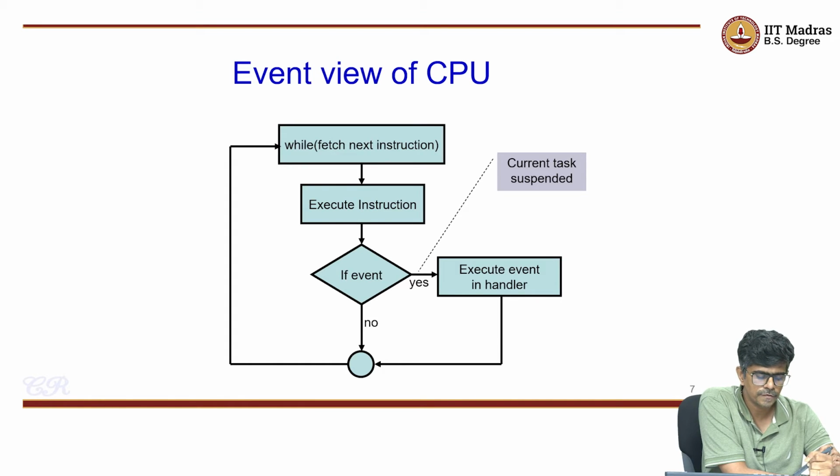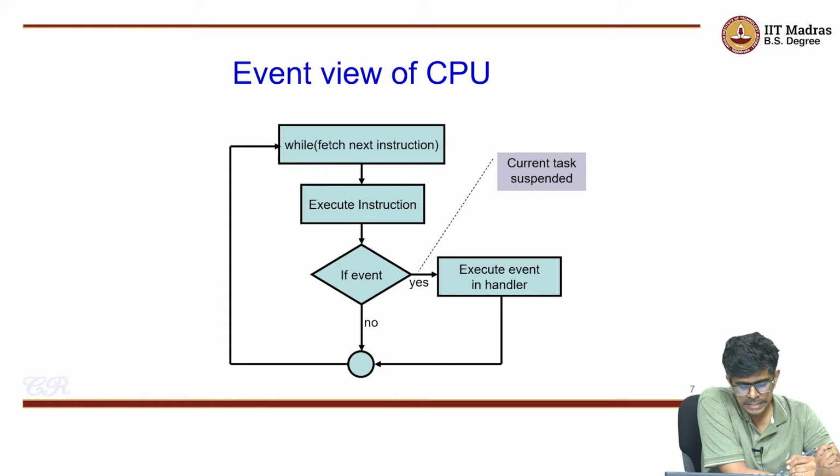If no event has occurred, it fetches the next instruction and the cycle continues. However, if an event has occurred, then the processor, the hardware itself, would suspend the current